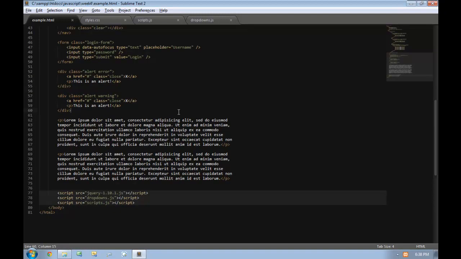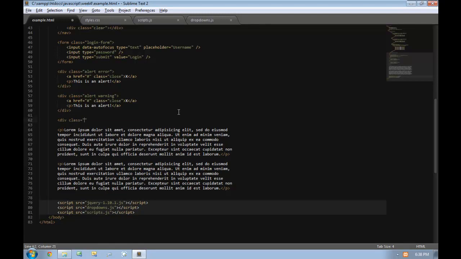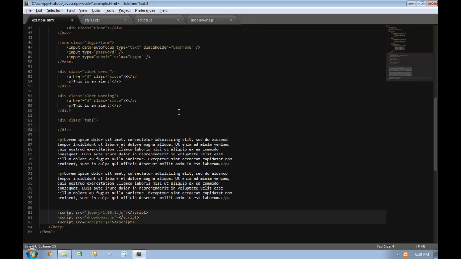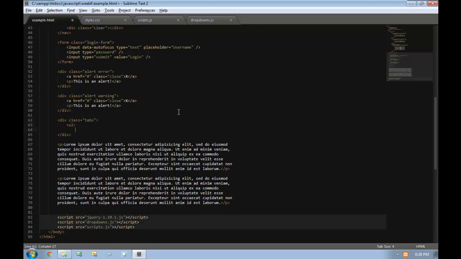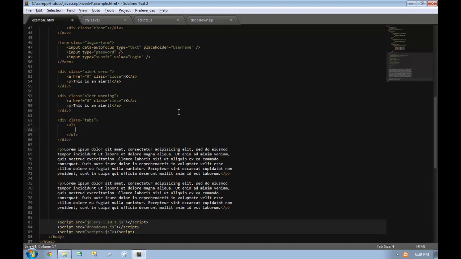So what I'm going to do, like I always do, is I'm going to start off with my markup. I want to create a div with a class of tabs. Now there are 1,000,001 different ways that we can write the markup and the implementation for a tabbed component. This way it's just going to be the one that is most straightforward to me, but again, you'll see a lot of different varieties of implementations of tabbed components. So what I'm going to do is I'm going to write a UL tag inside of my tabs, and I'm going to say UL, li, a href,